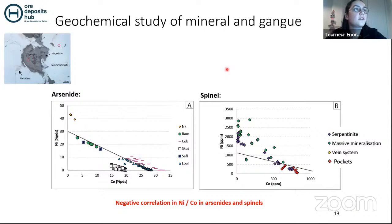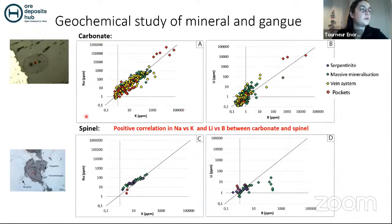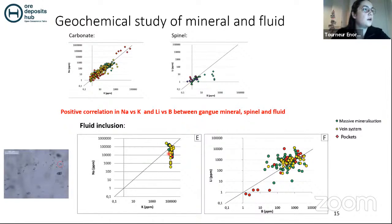After that, the geochemical study of the minerals and the gangue was made in the arsenide, the spinel, in the carbonate gangue of all the structures, and in fluid inclusions. So here I present the major results that I obtained. You can see in the arsenide and spinel a negative correlation between nickel and cobalt. We can also see in carbonate and spinels a positive correlation between sodium and potassium, lithium, both in the carbonate and in the spinel. And in the fluid inclusions, we can also find some positive correlation between the gangue minerals, the spinel, and the fluid. This same signature